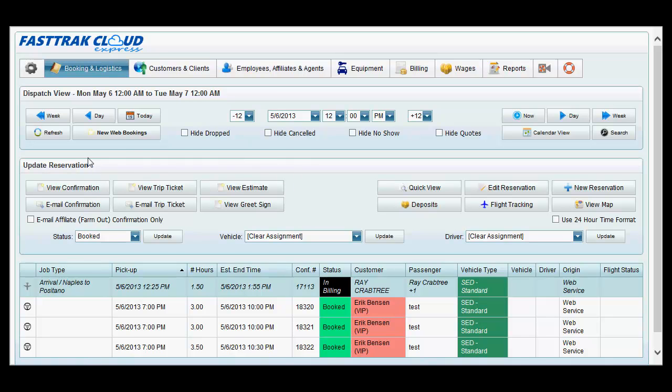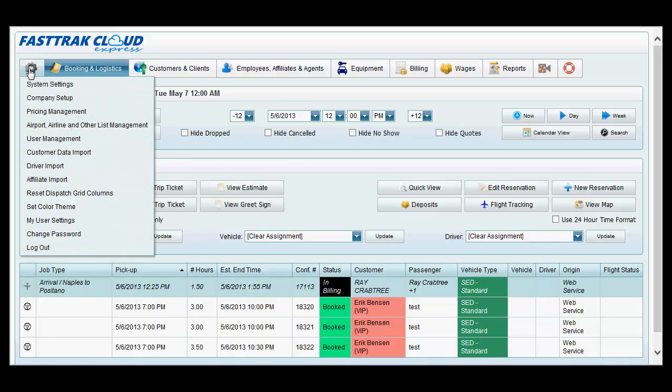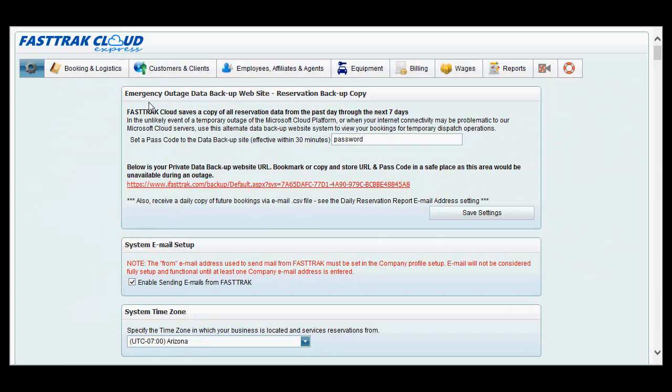Another section of the Fasttrak program which should be filled out and reviewed prior to usage is located under the Fasttrak menu settings and the system settings. In this window, the first thing you will see here is an emergency outage data backup website. Please change and update this password to one that you would prefer, as well as save and store this URL